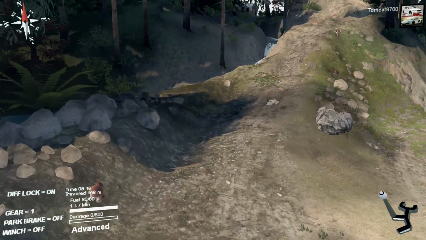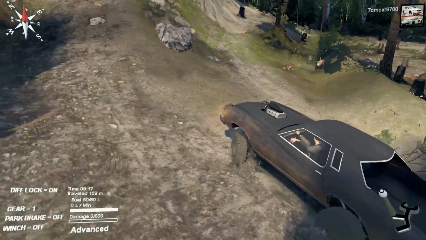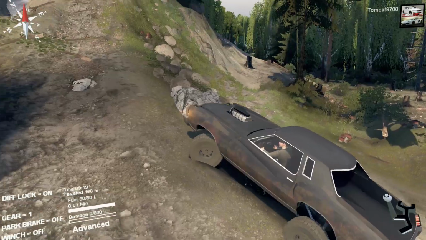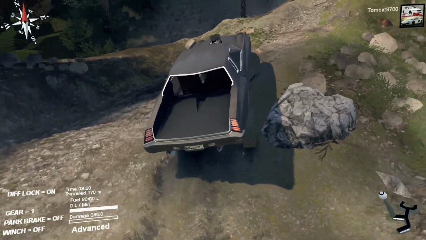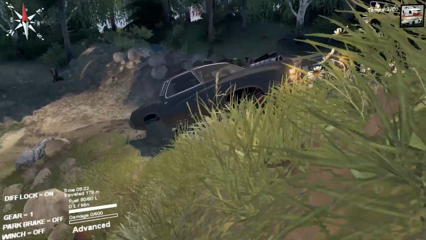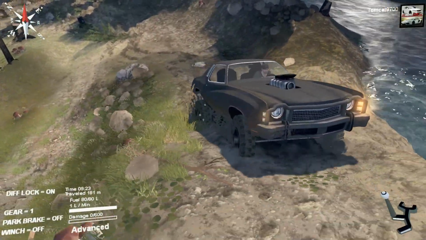Now, the last time I was on this map, I went left, which is a really good trail. I was going to say let's go right, but that's not really even a trail, so let's stay over here to the left. Now, I know this is not really a car that you would normally take off-road, but